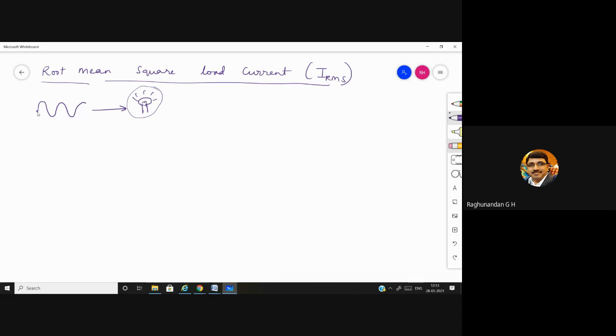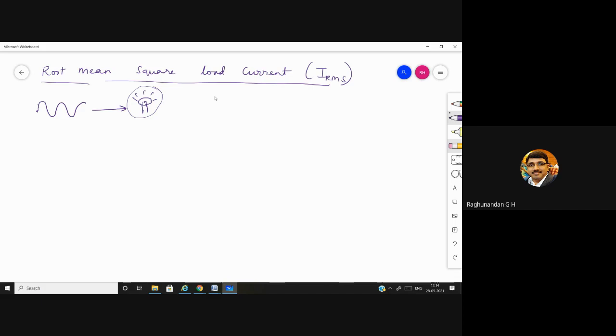The signal starts from 0 volt, 1, 2, 3, 4, 5, 6, like that it will increase, and again it will decrease, again it will increase, again it will decrease. It is like that. So root mean square load current is the current which is going to give the average value of AC. So what is the overall average value of AC that is required? So IRMS